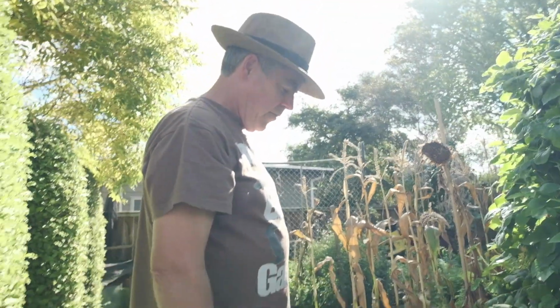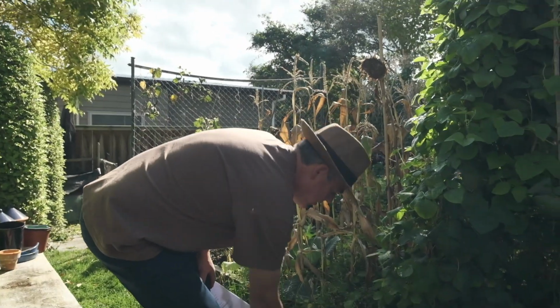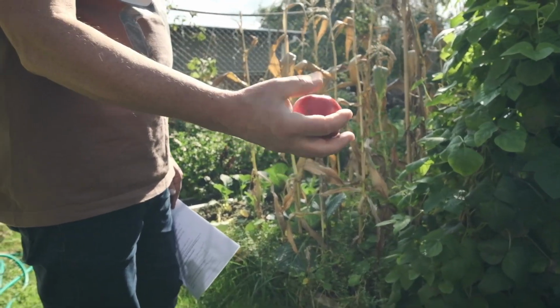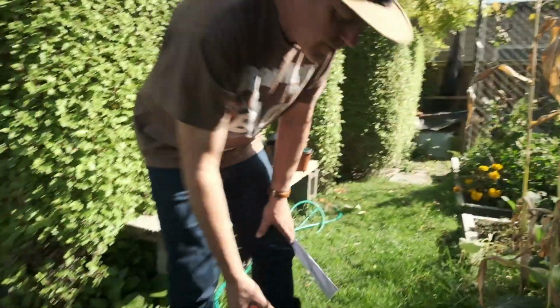So I've got beans, tomatoes, cucumbers, cabbage, this apple. Robin Guyton's trying to identify it for me. I bought it years ago and forgot what it was. It's got quite a waxy feel to the skin, but it's a really lovely eating apple. And